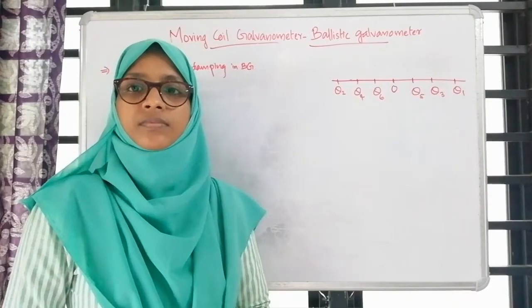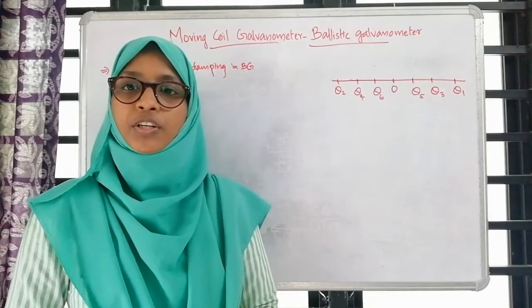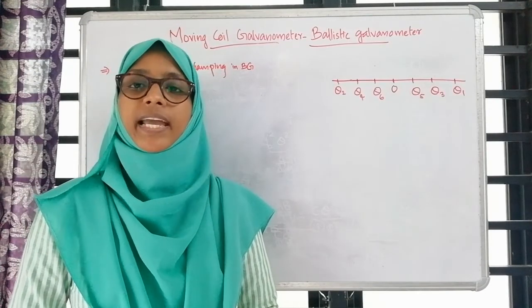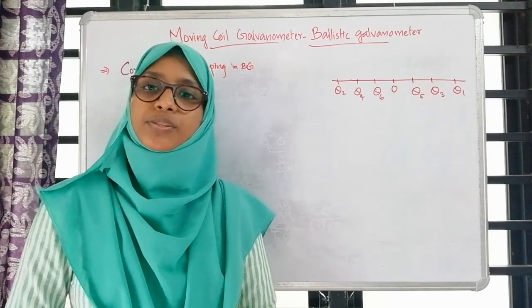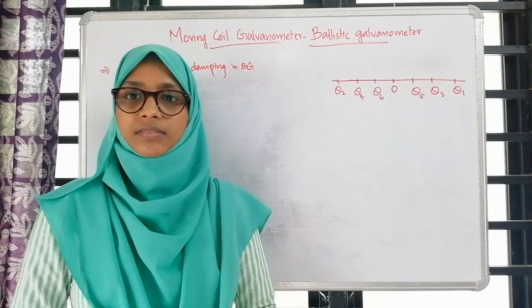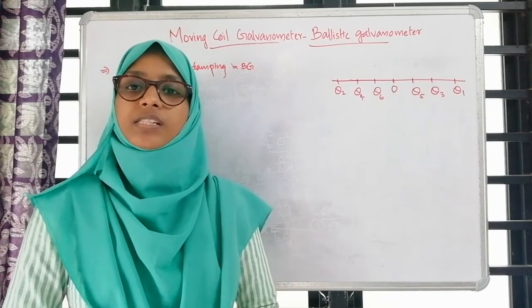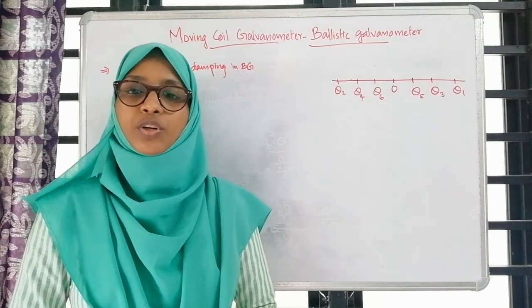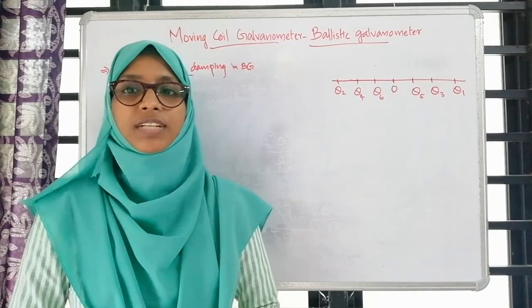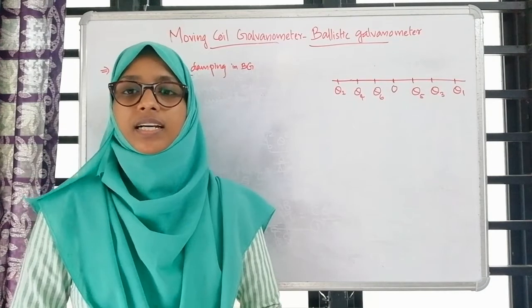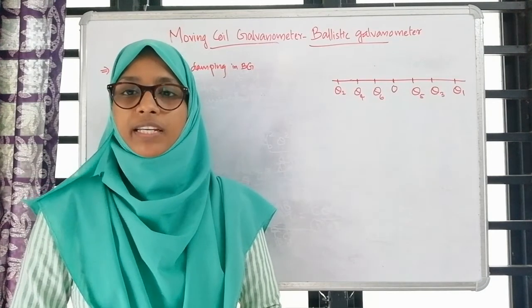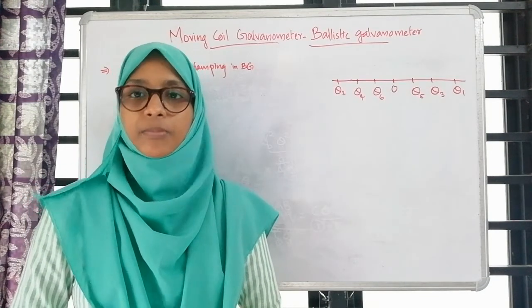Let the motion of the coil be damped by the presence of air resistance and an induced current produced in it. So we get a throw or ballistic throw which is smaller than the correct throw, which is produced in the absence of damping. So, to get the correct throw, we have to find out the damping correction and multiply with that.